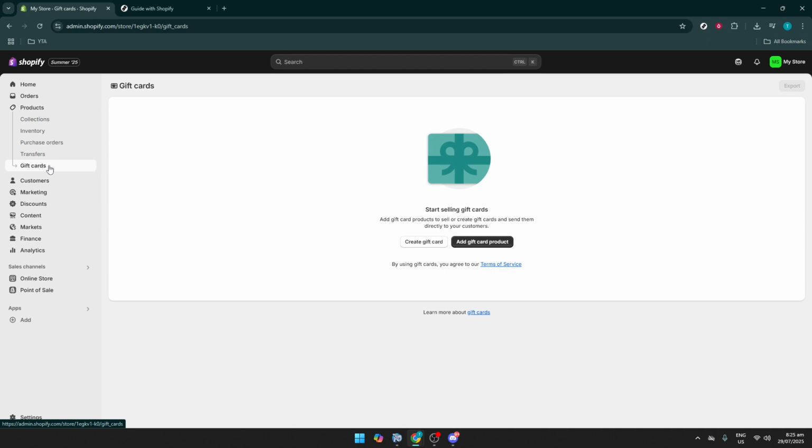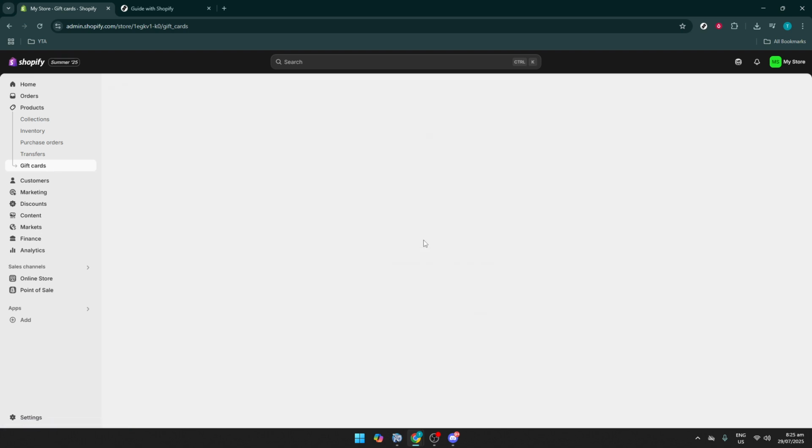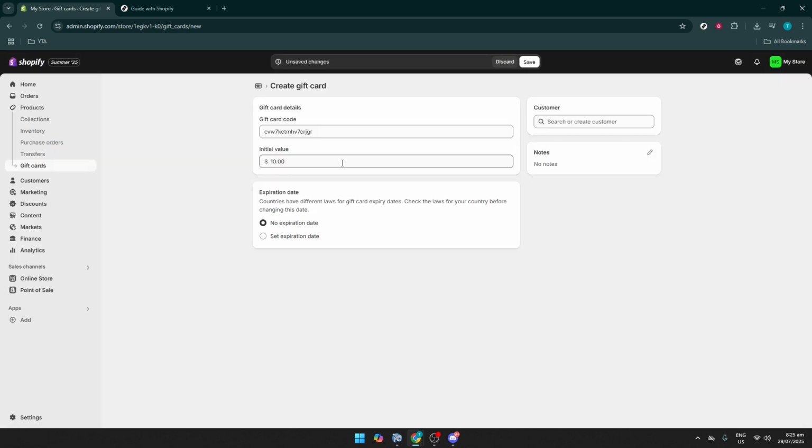Now, let's move on to creating a new gift card. Click on Create Gift Card. It's a straightforward button that leads you directly to a new screen with plenty of details for customization. As you navigate this, remember, each detail you can fill out here is an opportunity to fine-tune the gift card